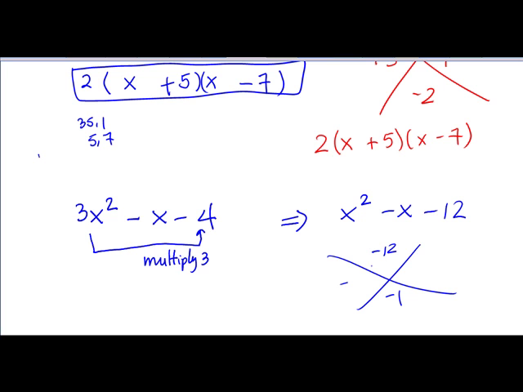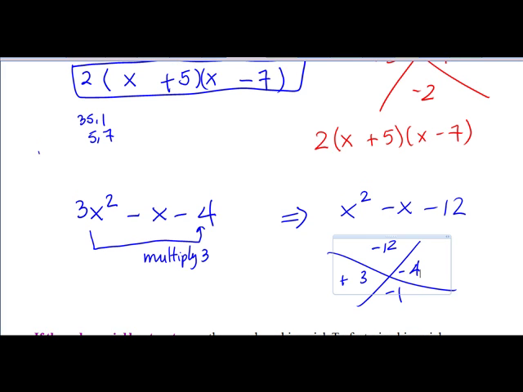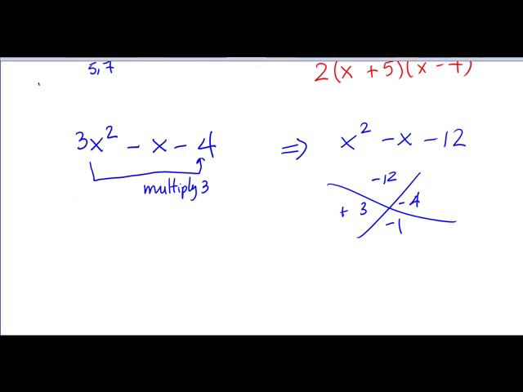So I will choose 3 and 4. Let's see, minus 3 times 4 is minus 12. Minus 3 plus 4 is positive 1, not minus 1. So therefore, I should have positive 3 and minus 4 there, because positive 3 plus minus 4 is minus 1, and minus 4 times 3 is negative 12. So we must have the following factor. So I must have x plus 3,